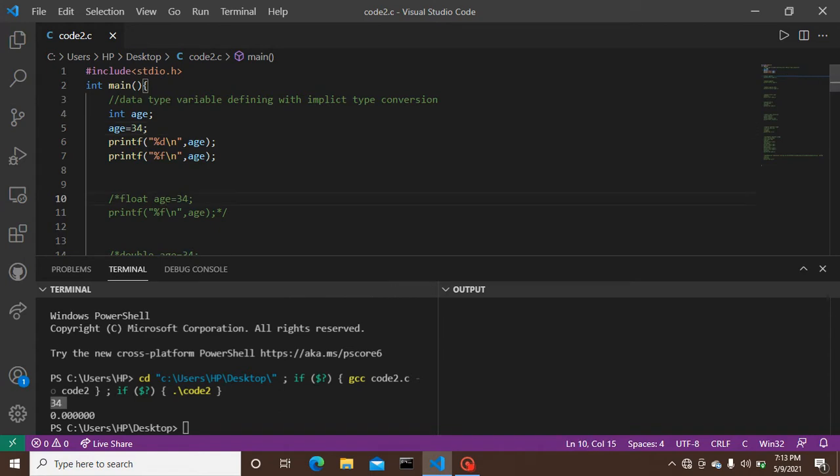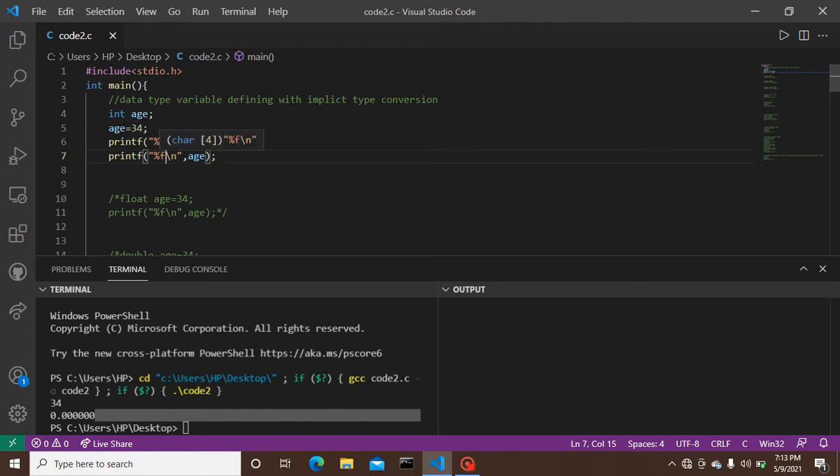In the next case, the age which we have already declared as integer type has a float type declaration in the printf, so it would provide output of float type. But the output is 0.00000, as the memory allocated before is of integer type, which can't be replaced by percent f.